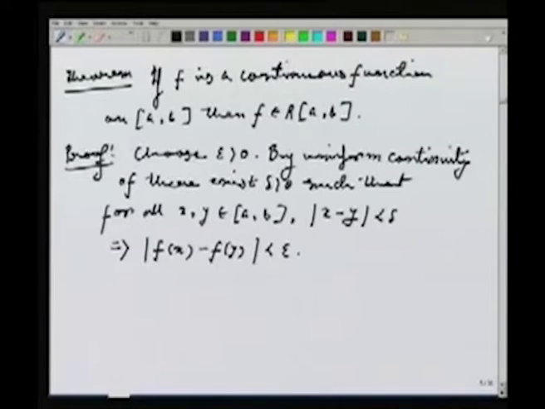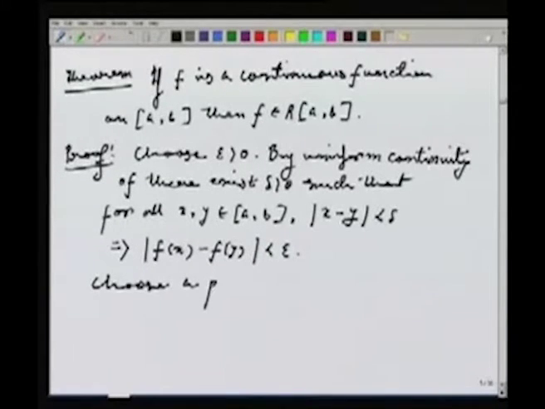This is the uniform continuity. Notice, this delta does not depend on the points. Whatever x, y you choose, if modulus of x minus y is less than delta, then modulus of f(x) minus f(y) is less than epsilon. Now what I do is choose